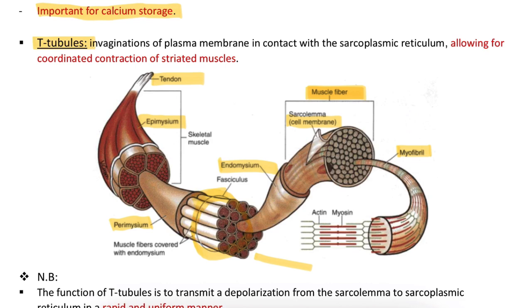Okay. Triads means made of one T tubule plus two terminal cisterns. What are cisterns of the sarcoplasmic reticulum? They allow for synchronized calcium release and uniform contraction. So, this is the physiology of